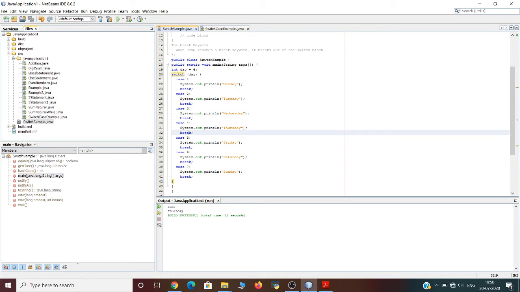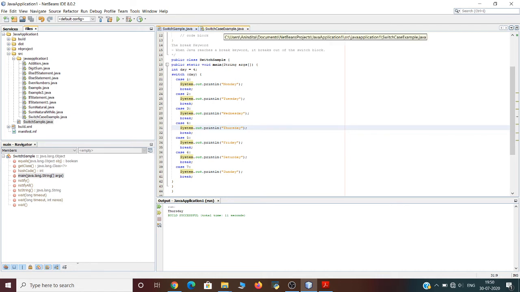Whenever a match is found and the job is done, it's time for a break. We have found the case having the same value as that of the expression, so our job is done, and now it's time for a break. There is no need for more testing. A break can save a lot of execution time, because it ignores the execution of all the rest of the code in the switch block.